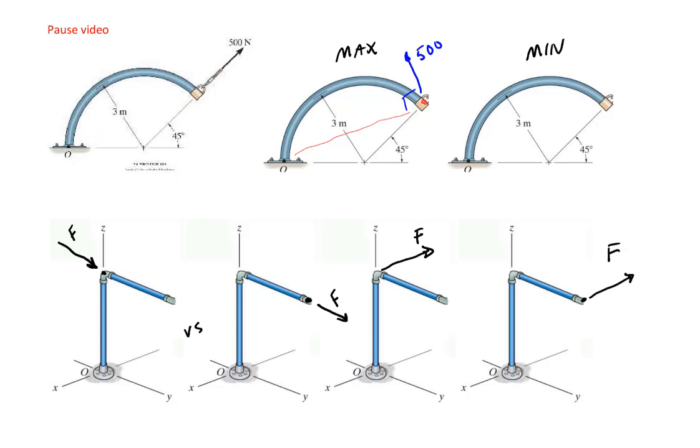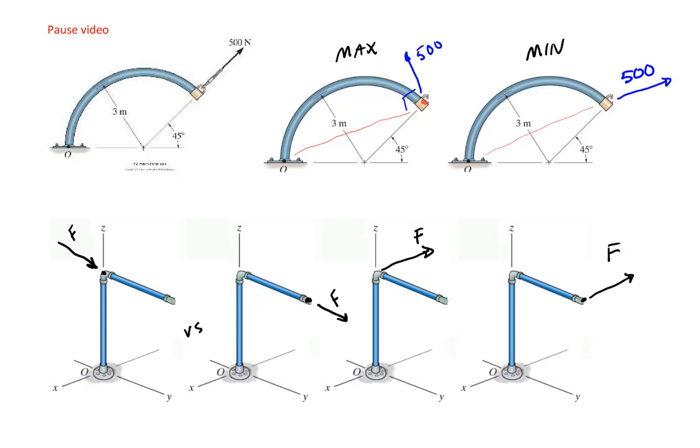And then in the scenario over here, if I want to find the minimum, then I would draw the force so that it has zero lever arm by the principle of transmissibility. So if I were to extend this back to here, there wouldn't be any lever arm at all. So this will be the minimum, this will be the maximum. Now how about these two, that versus this? Again, by the principle of transmissibility, it doesn't matter if I apply the force here or if I apply the force there. So in this case, the moment about point O, which is actually a moment about the x-axis,